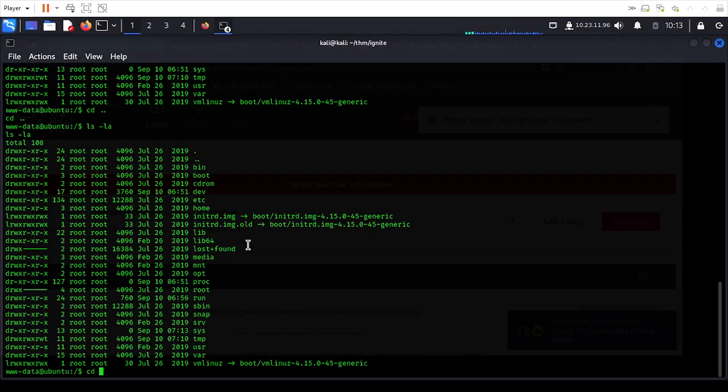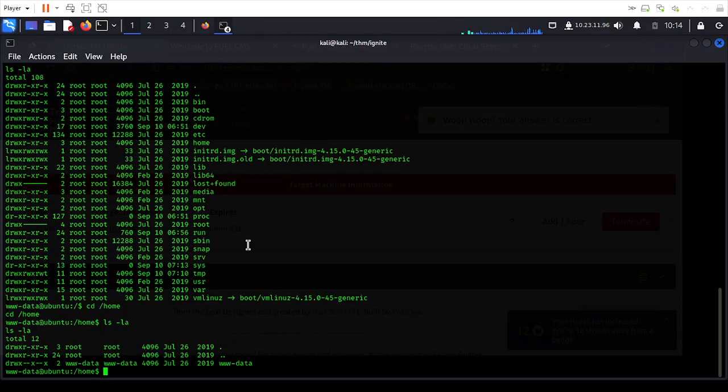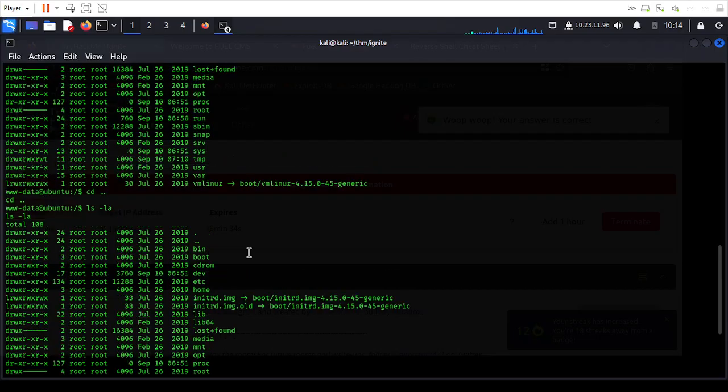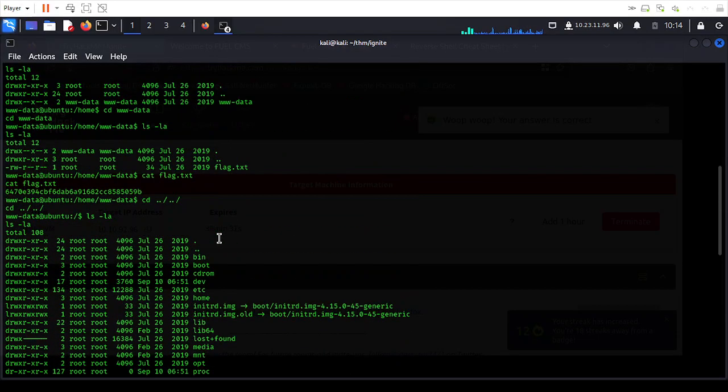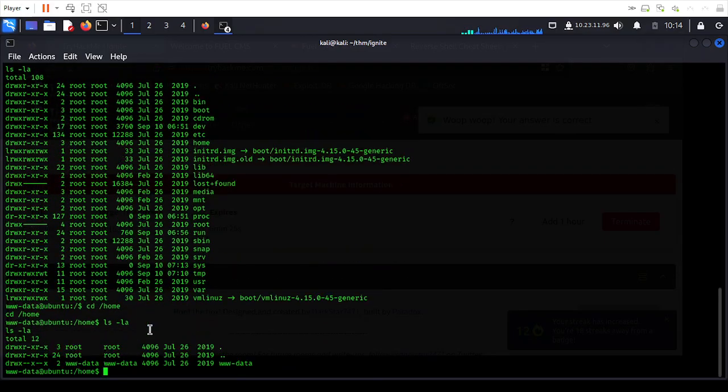Where do I want to go back to? Let me cd back to home first, then ls -la. Where did we get the flag? Let me check to see first. We got it where we are at data, so we don't